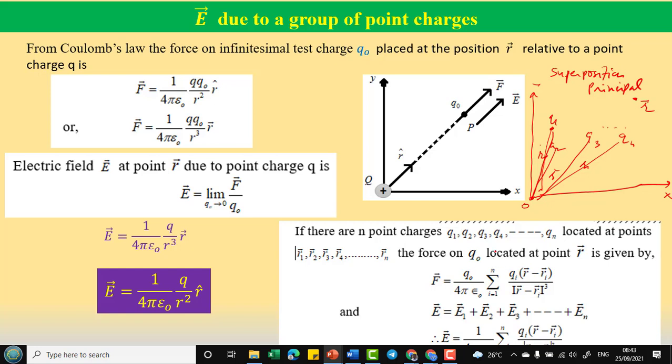So this can be retained, that the total force acting on that particular point due to these number of charges will be the sum of the forces due to all these individual charges. What we will do, we will find the force due to q1 over there, that will be force f1, how much force is there due to q2, that is f2, how much force is there due to q3, that will be f3, and so on. So the total force F.